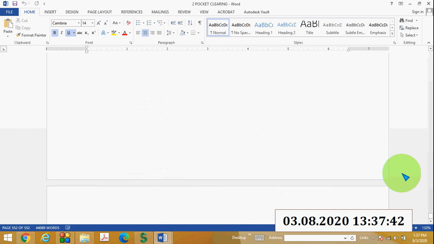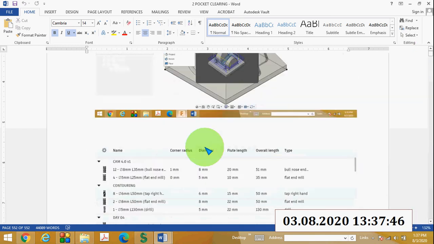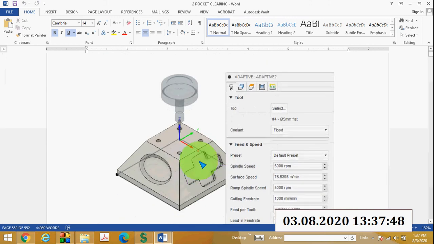First you can apply an adaptive clearing strategy here, then you can apply a pocket clearing strategy here. So that was the overall idea about 3+2 machining in Fusion 360.